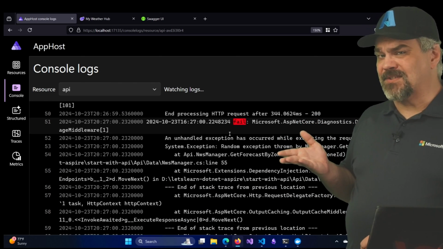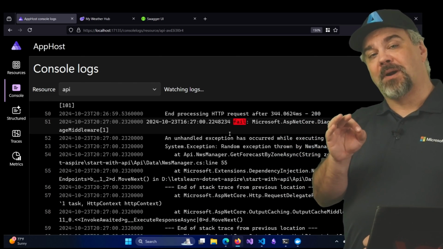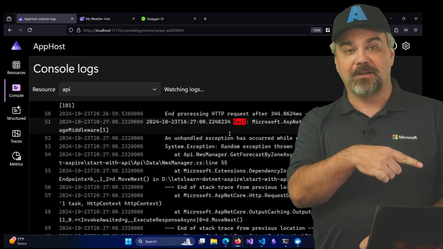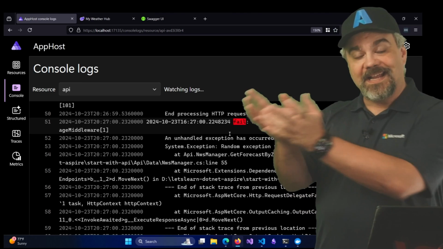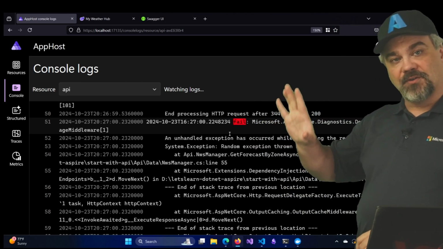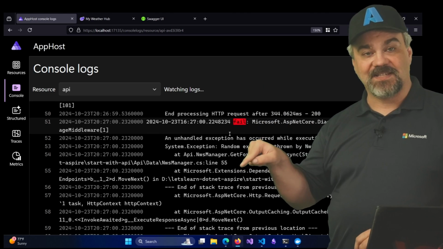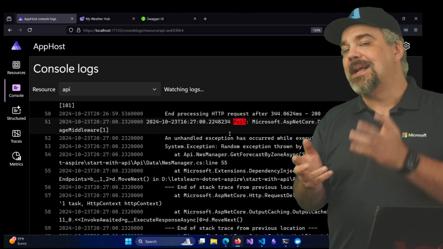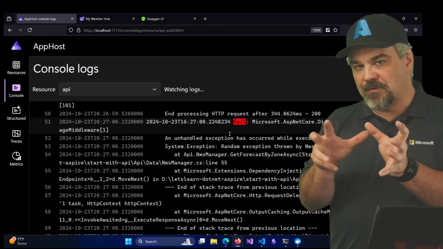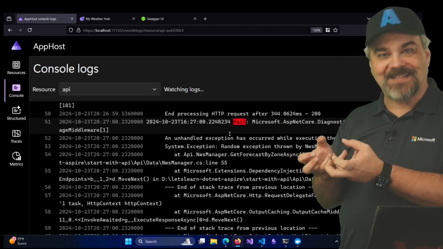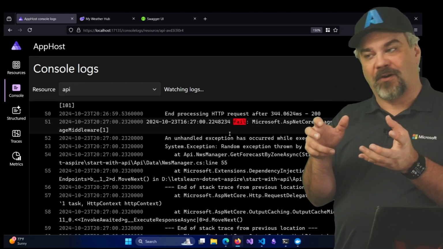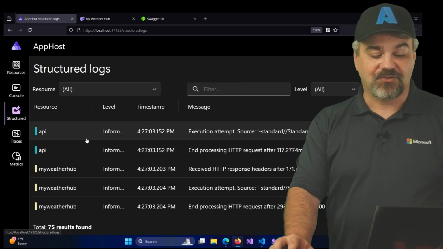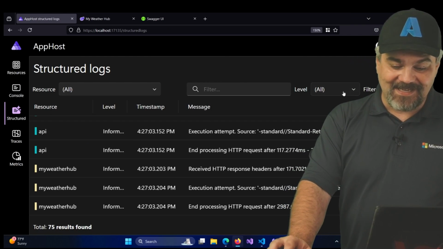But that's a pain in the neck to have to search through and find. And this is where OpenTelemetry comes in. When we started building the application a little bit ago, and we added the service defaults in our previous episode, it also takes these and exports these logs with OpenTelemetry to somewhere that might be listening for it. And when we set up the AppHost project, it will receive that telemetry and keep a rolling buffer of that content inside the dashboard. So I can come over here to my structured logs, and I can take a look and find